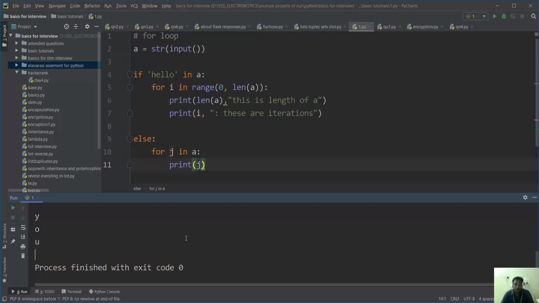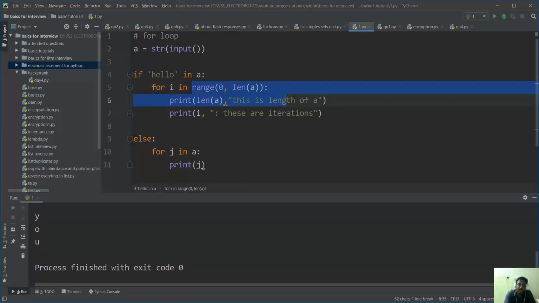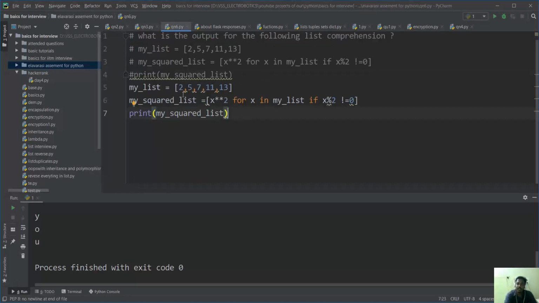You need to know about range and in. Range is just the number of iterations that you need to take, but in means it only needs to take the values as iterations. Why I'm telling this is because it is important: in lists we will be using this.